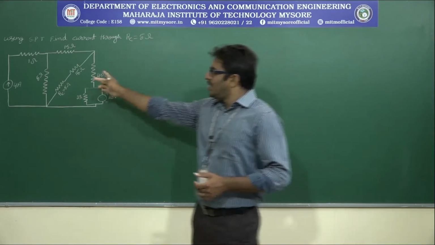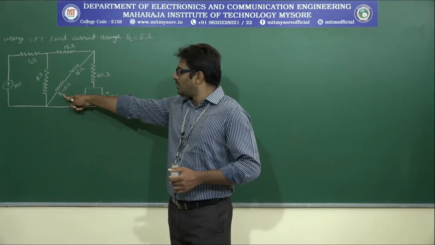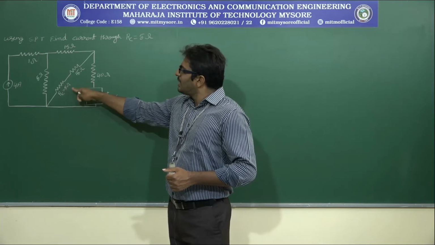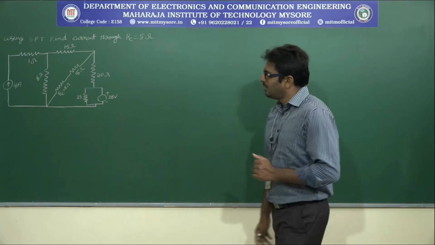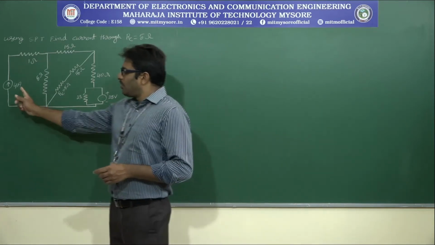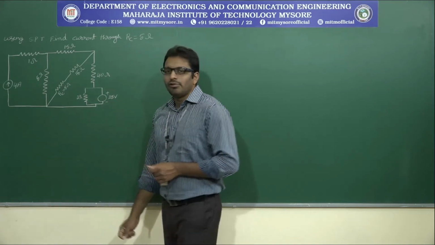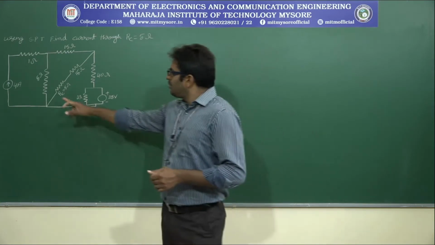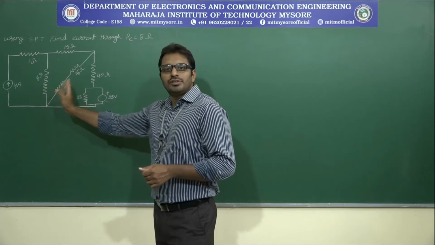See in the circuit, RC is mentioned at this point, that value is equal to 5 ohm resistor. Then this RC is connected in series with 15 ohm resistor. By seeing this circuit, how many sources are there? There are two sources in the circuit. One is 4 ampere current source, other one is 25 volt voltage source. So we need to find out what is the current through this branch, I mean the contribution from individual sources.